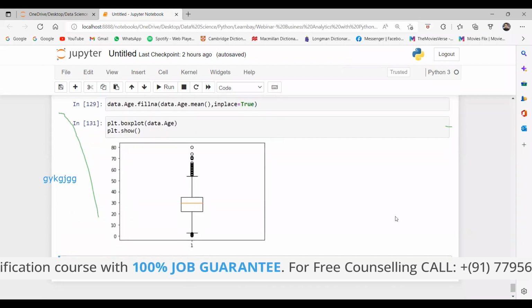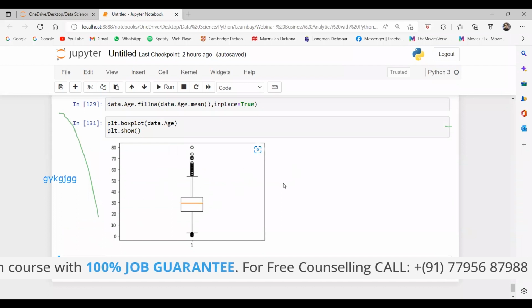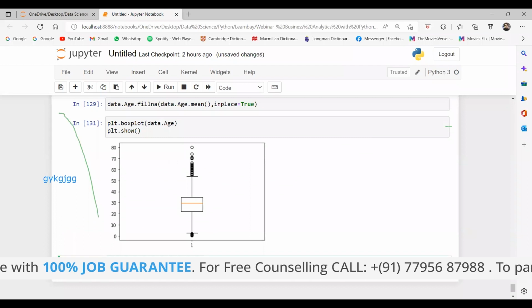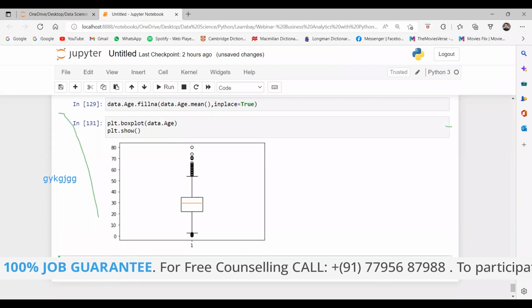So this is a box plot. I will tell you how it works, but it doesn't look very interesting. Yes or no, guys? The same thing I can do with the Seaborn library. Yeah, it's hard to read. We can use Seaborn with sns.